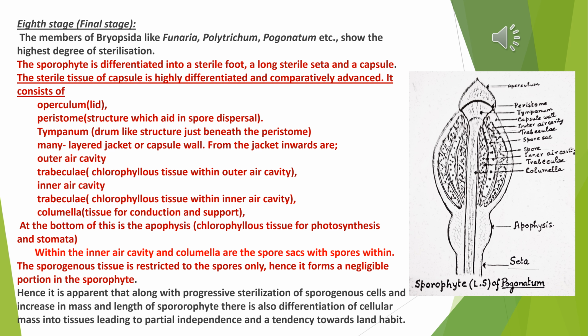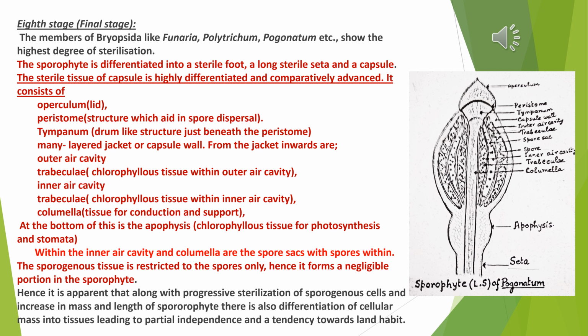It consists of 1. Operculum, that is the lid, 2. Peristome, a structure which aids in spore dispersal, 3. Tympanum, a drum-like structure just behind the peristome, 4. Multilayered jacket or capsule wall, 5. Air cavities, 6. Trabeculae, chlorophyllous tissue in air cavities,